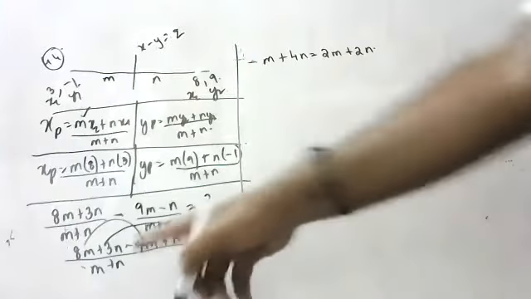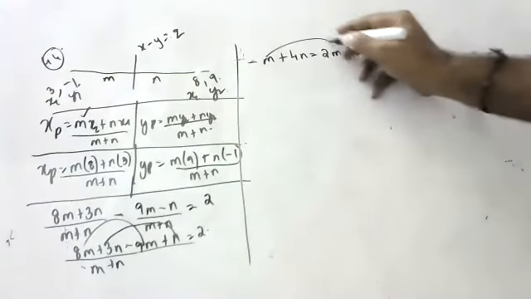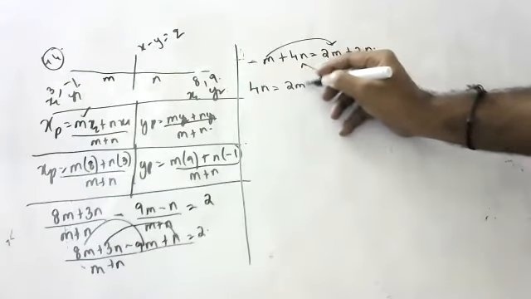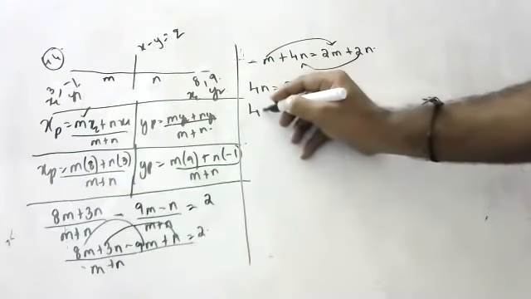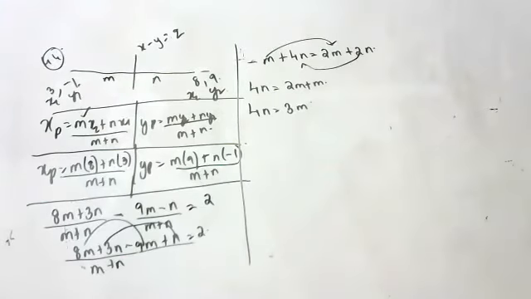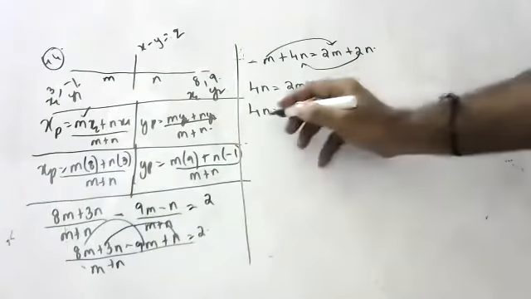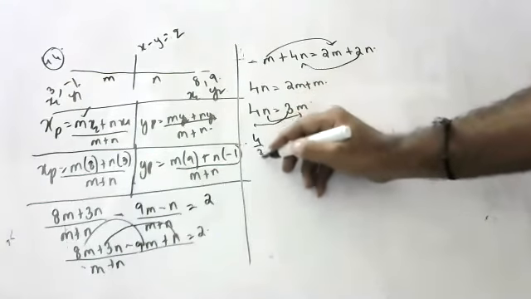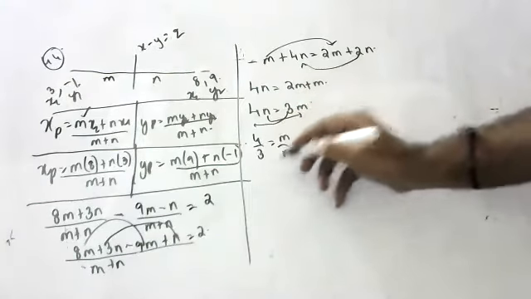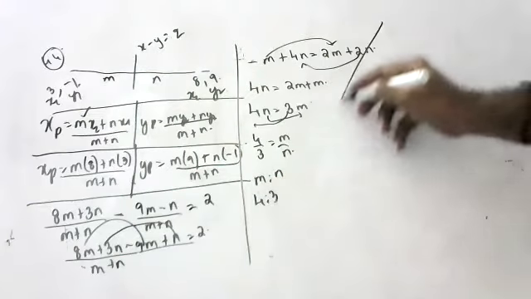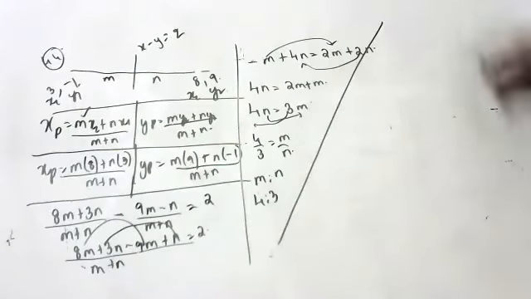2m plus 2m. Now this goes here, this comes here. 2n is equal to nm. Now what is the answer? Ratio m by n we want. So bring n down, 3 down. So 4 by 3 is equal to m by n. So m is to n is equal to 4 is to 3 is the answer. That's it. Okay, now understood?